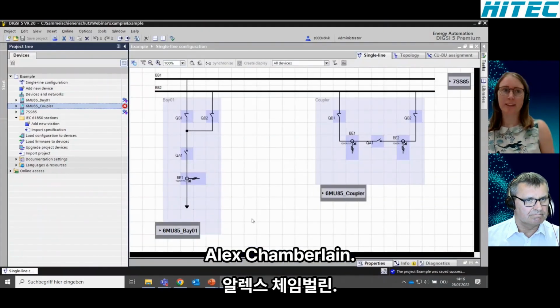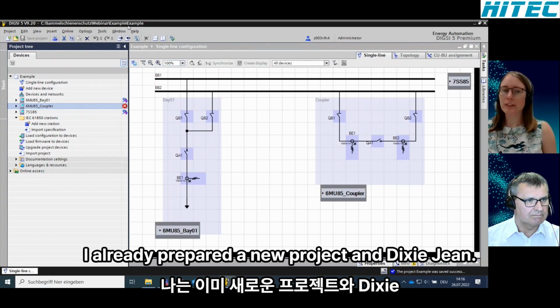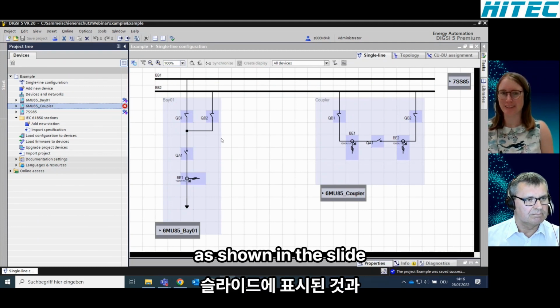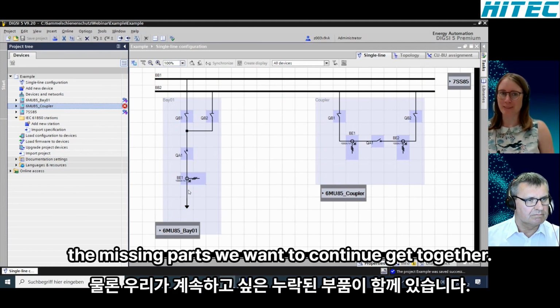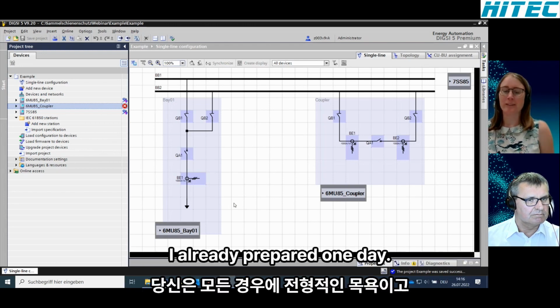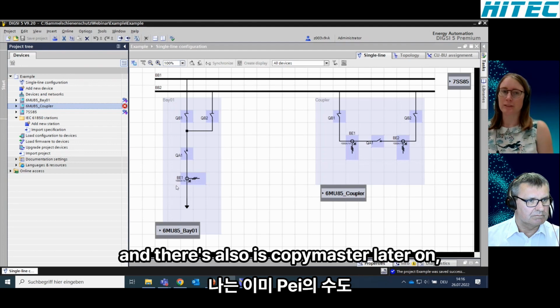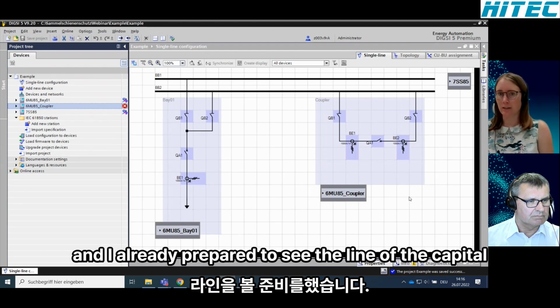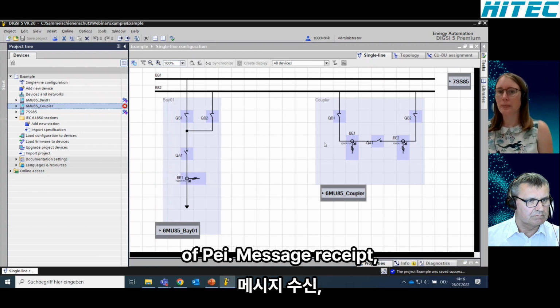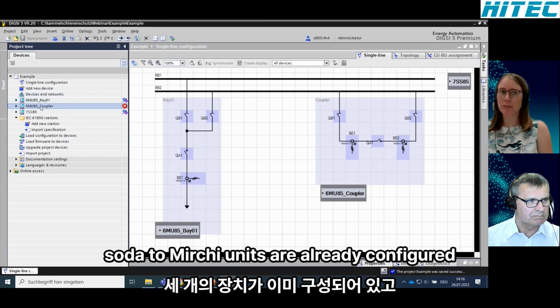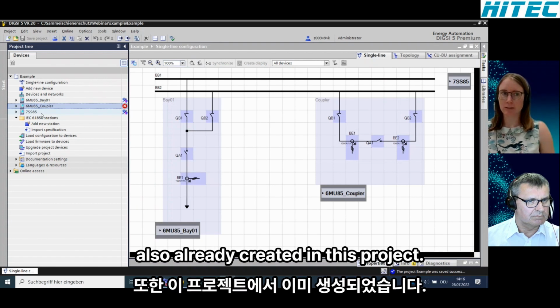So let's jump right in. I already prepared a new project in DIGSI. Here you can see nearly the same configuration as shown in the slide, but of course the missing parts we want to configure together. So here I already prepared 1 bay. This is the typical bay in our case, and this serves also as copy master later on. And I already prepared the single line of the coupler bay with the 2 CTs. I've inserted 3 devices, so the 2 merging units are already configured, and the 7SS85 is also already created in